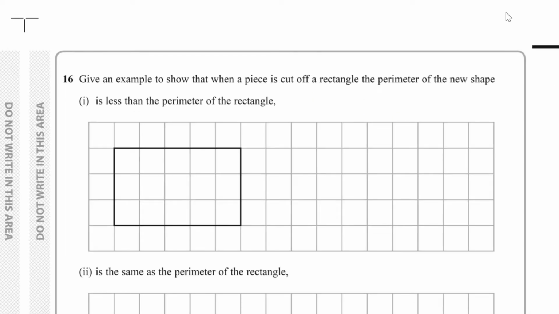Question number 16, we have to give an example to show that when a piece is cut off a rectangle, the perimeter of the new shape for the first part is less than the perimeter of the rectangle. Well, what we can do here is cut along here. So let's just draw some scissors. If I cut along here, I would end up with